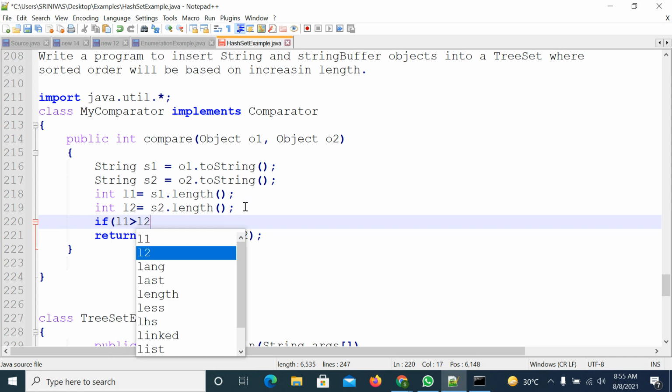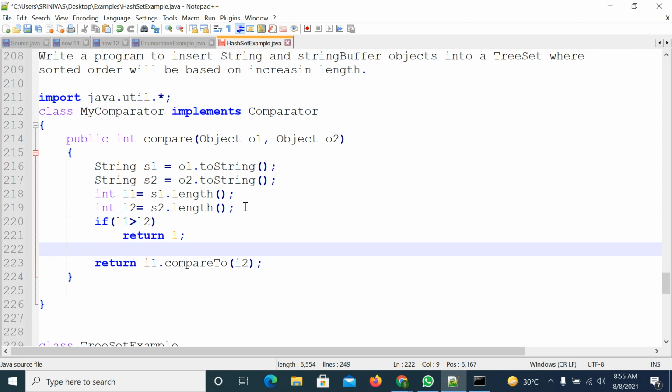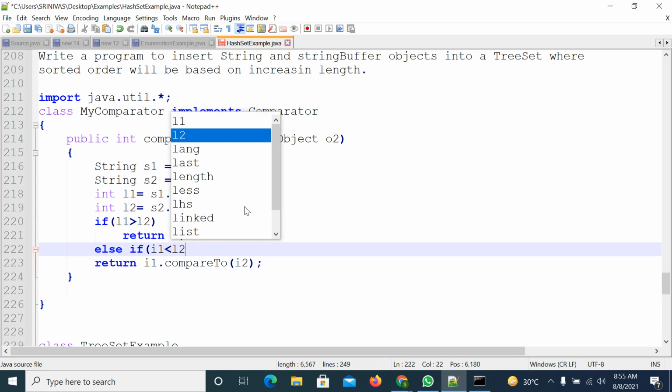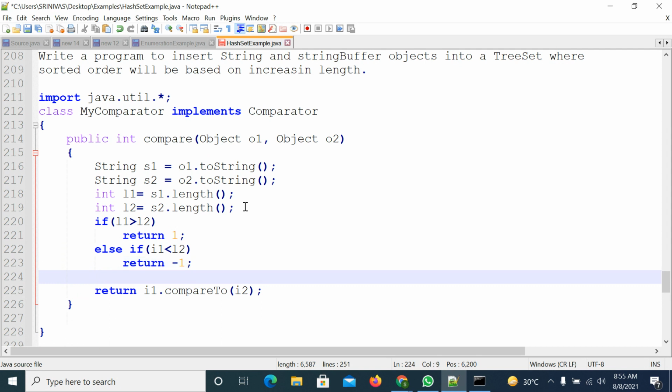Now based on the length, it has to work. If L1 is greater than L2, then return a positive number. You can return some value. Otherwise, check the condition: if L1 is less than L2, then return a negative number. You can pass any negative number.